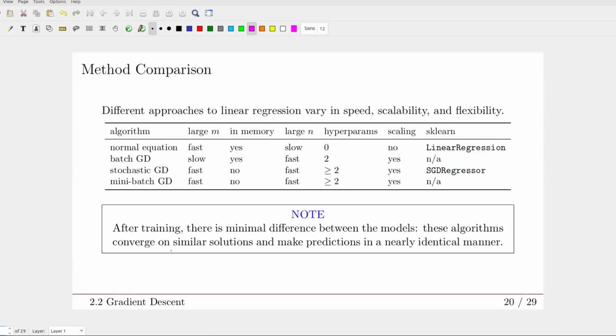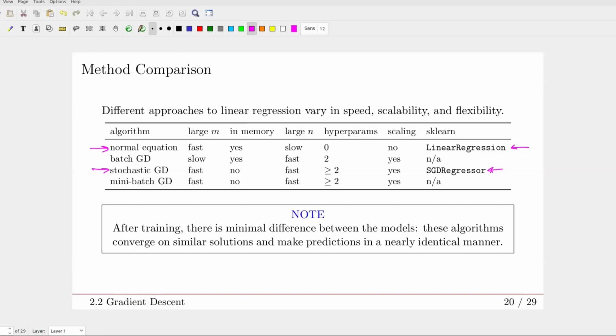Okay, so before we go and talk about all these models, I thought that it's just kind of best to put them out here. So your normal equation, your closed form solution for a large number of m, right? Sorry, let's start with this. So your normal equation, if you want to do that in sklearn, you will just use the linear regression call. For stochastic gradient descent, you will use the SGD regressor call. If you want to do batch or mini batch, you can't actually do it. You can kind of tune the stochastic gradient descent to get you there, but it's a good way for us